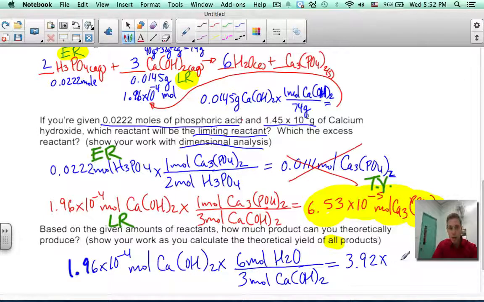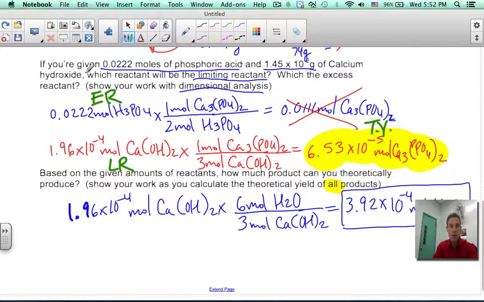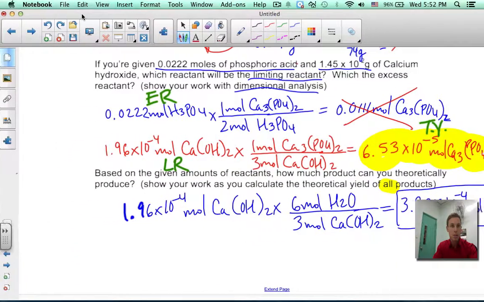3.92 times 10 raised to the negative 4th moles of water. Make sure you put down your units just like that. Okay, we go on to the next page. The next page, scrolling over,